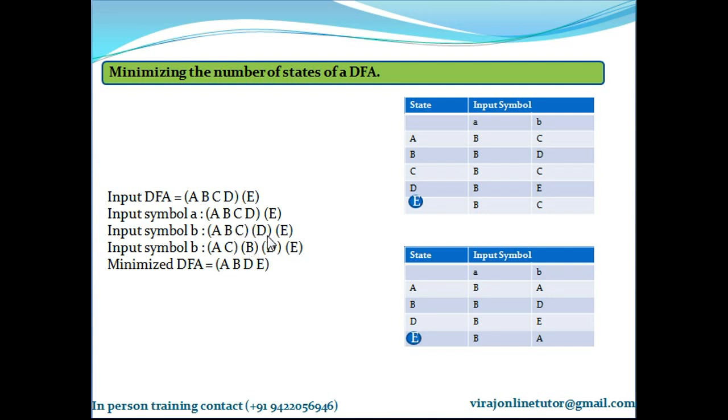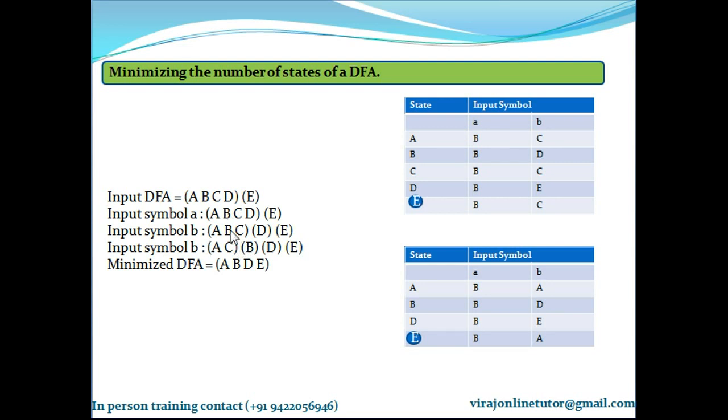That's why D gets separated out here, because D is going to a different subgroup other than ABC. ABC on input symbol B go to this group, but D goes to a different subgroup. So D is not going with ABC. That's why we separate it out. Now we have these three. Let's check whether these three can be separated out using a and b.